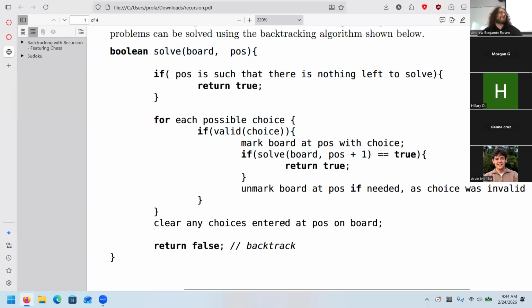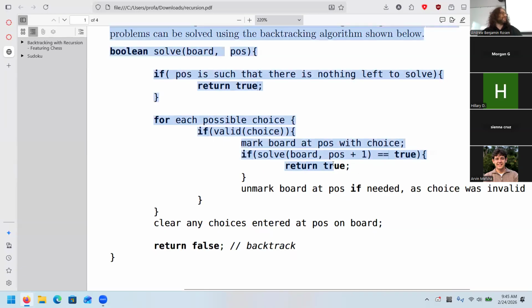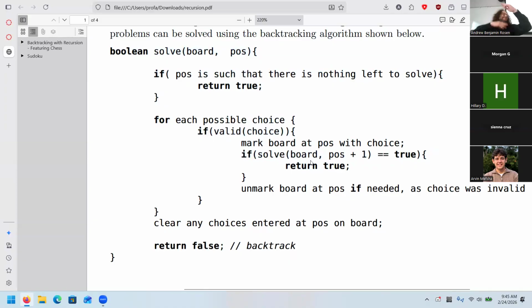Here, though, we're guaranteeing that it's not going to go on forever, because the solve method at position will call position plus 1, which, when it runs, will call position plus 2, which will call position plus 3, which will call position plus 4. Eventually, there's nothing left to solve, so you'll return true, which will make this return true, and if this gets true back, we return true. That just becomes a cascading call of true statements.